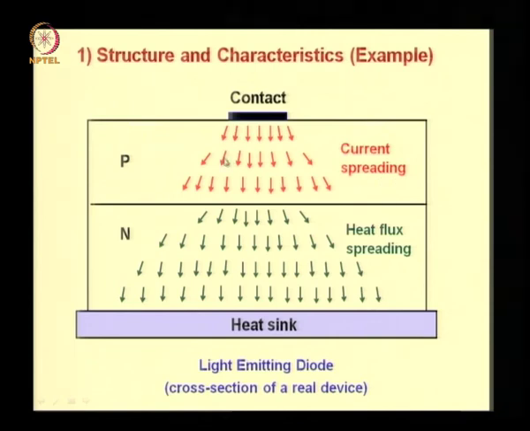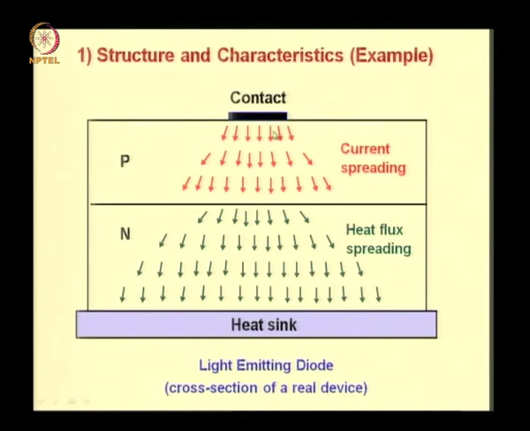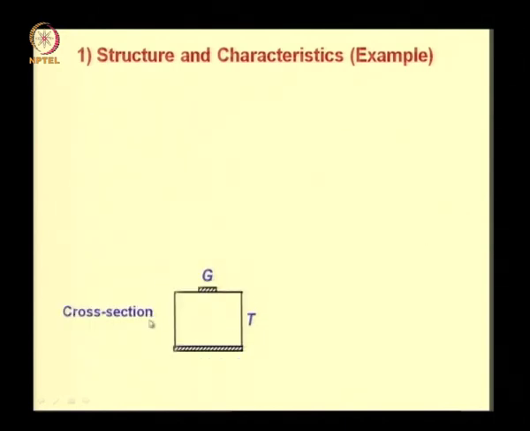Now let us assume some spreading resistance like this, and assume that the top contact is a square one, and this junction area, let us regard it as another contact, and let us assume that it is also square, and let us assume the entire arrangement is symmetric, in which case we come up with this kind of structure for our spreading resistance. The length of the smaller contact is g, we are assuming a square contact, and the distance between the two contacts is t.